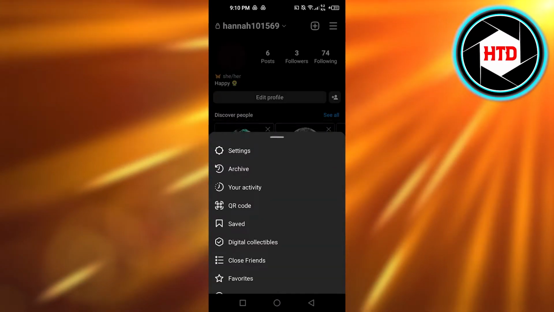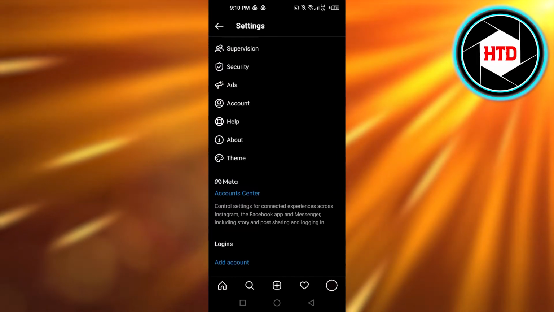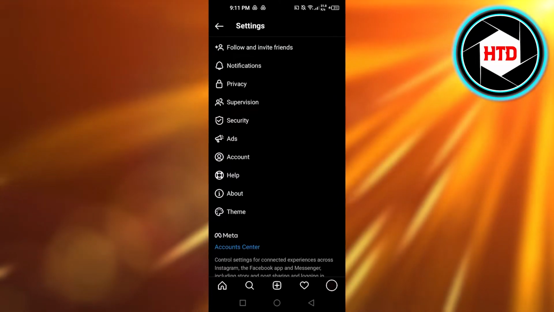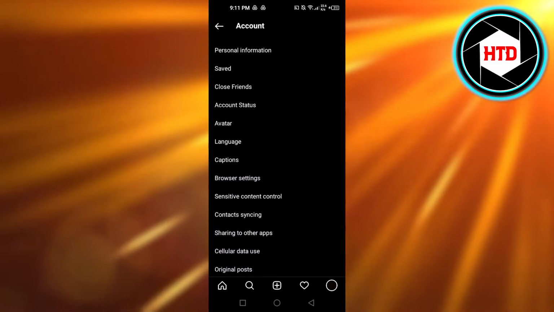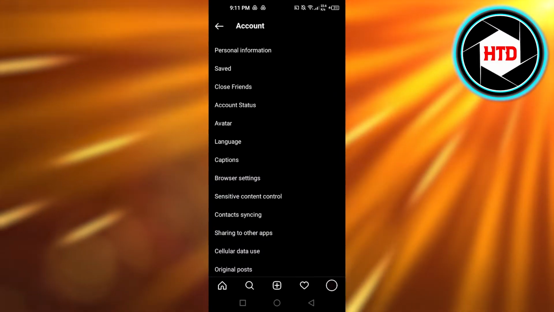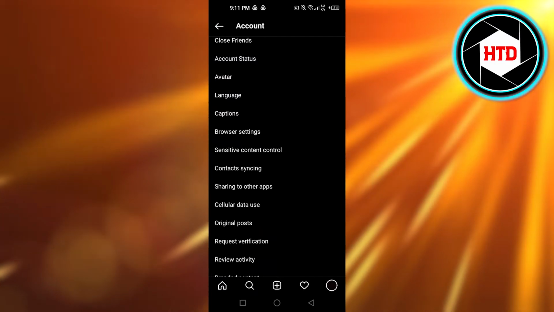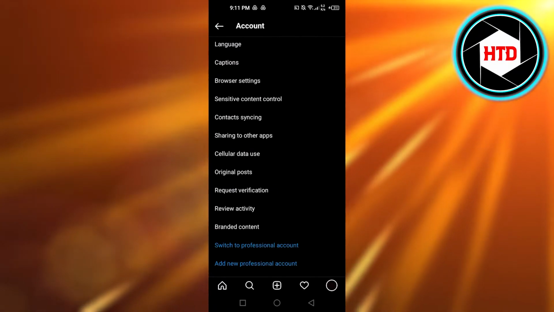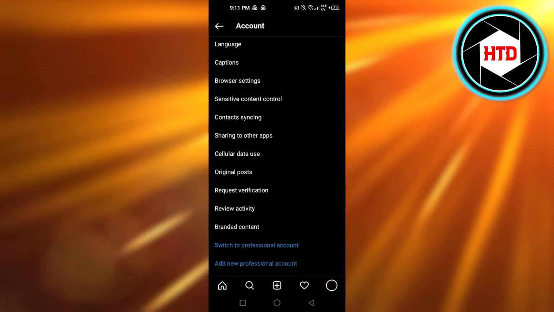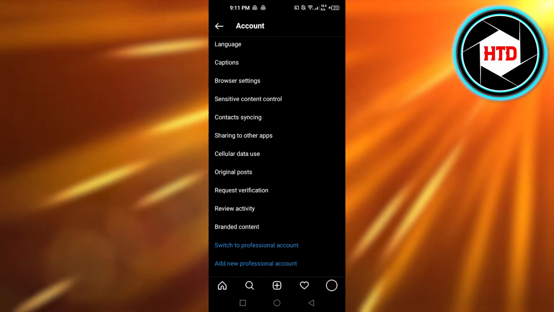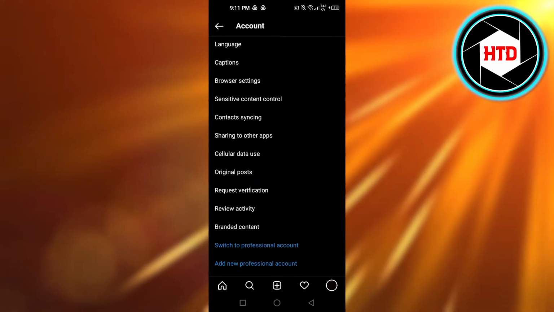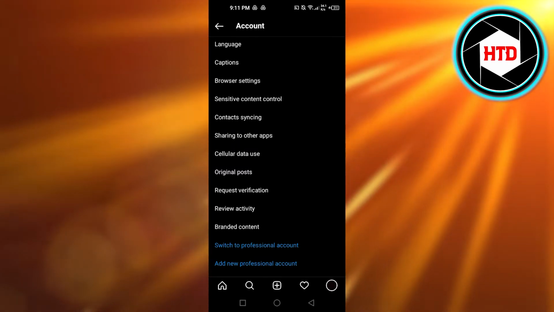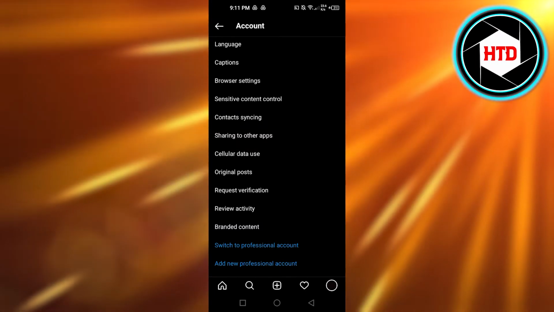Click on settings and it will take you right here. Here you will find different settings and you have to click on account. In account, we have our personal information, saved, language, we have different settings. You have to scroll down to the blue settings that we're getting, switch to professional account, and then add a new professional account. So if you want to switch your existing account to a creator's account, to a professional account,